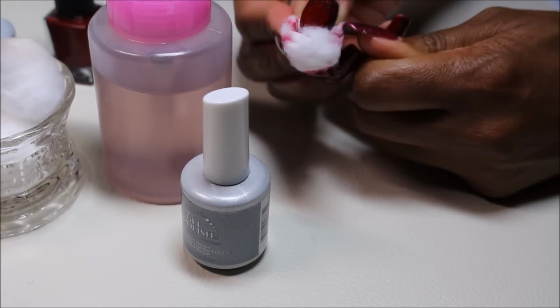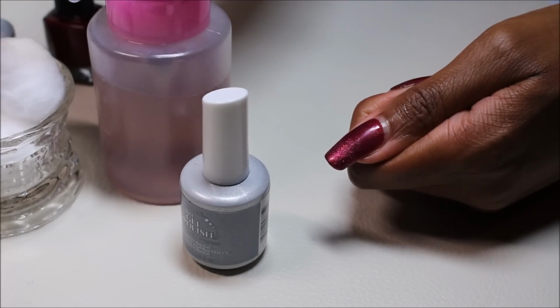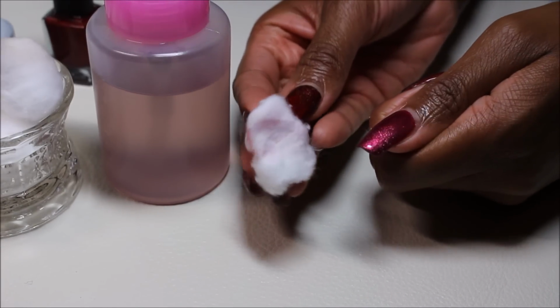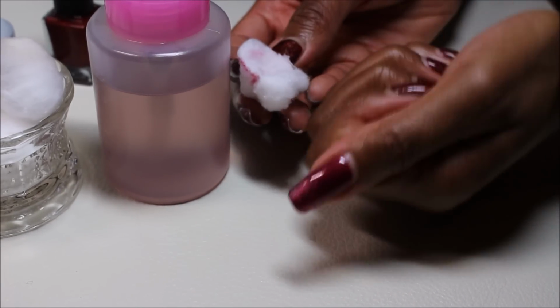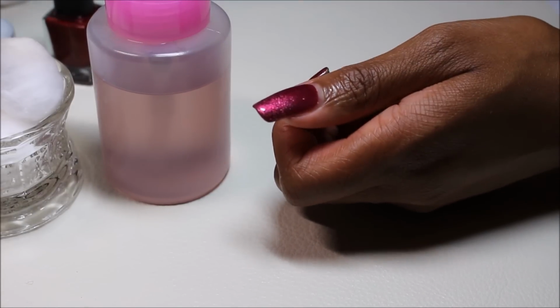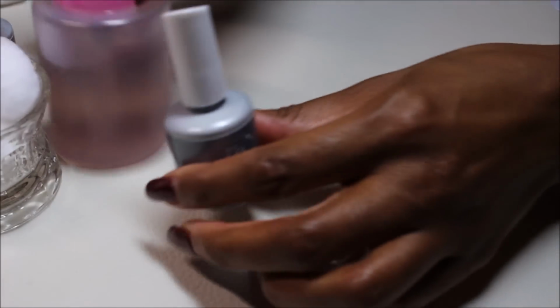Yeah, so that's everything off, and I can show you. I'll just do another. Just dropping everything all over the place. So that's a new cotton round, and that's the polish, and I'll show you what it's actually supposed to look like so you can see that it's definitely stained